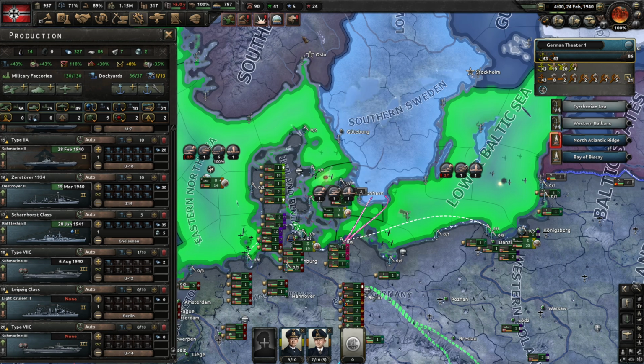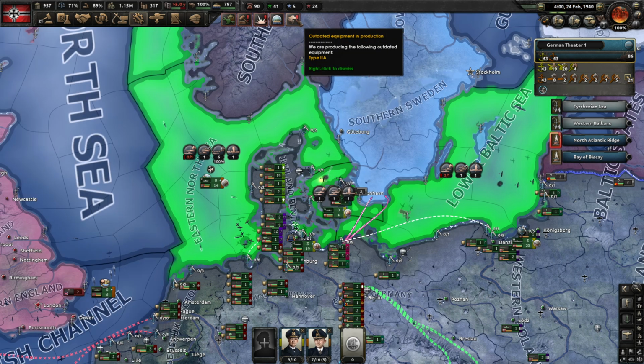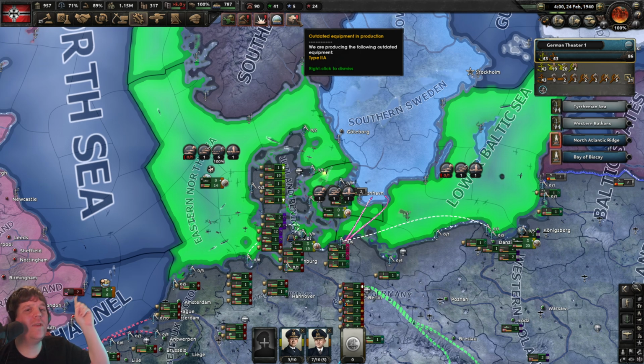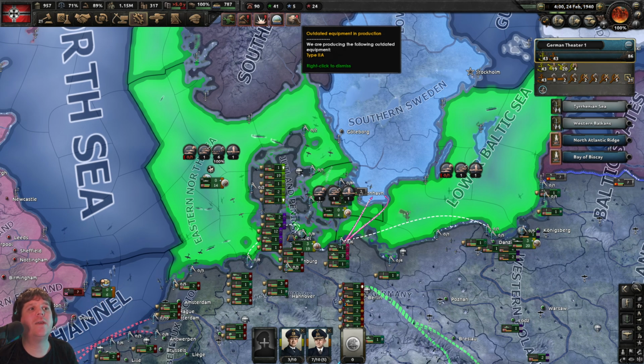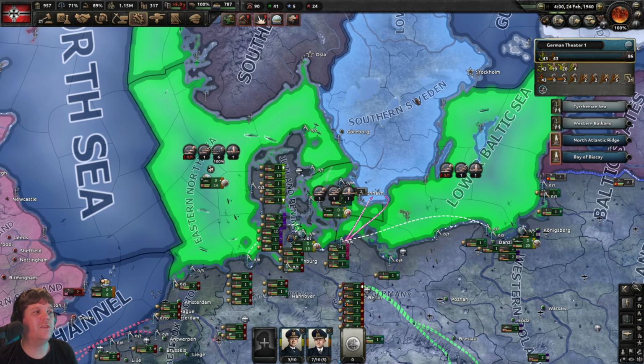Okay. Escape. We've got a notification here for the outdated equipment. And if we take a look there, that's just referring to the Type 2, or the older, the Tech 2 U-boats. So we can safely ignore that. I'm not even going to dismiss it. Okay, back to the